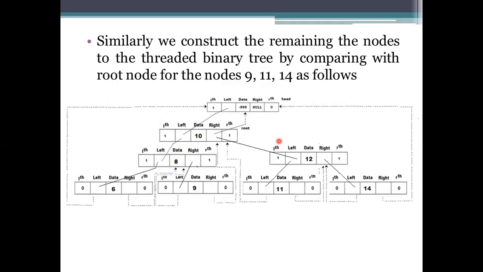And coming to the next one, we have added 9, 11, and 14 respectively. So whatever nodes we have been adding, the left one will be connected to the last level's left node. The left node, that is the first one, will be connected to the head node, and the last right side of that will be connected to the head node, and the remaining will be connected to their predecessors, meaning their root node there itself. And we have been using this binary representation, which is a greater than and less than representation. So here we need to add the values that we have.